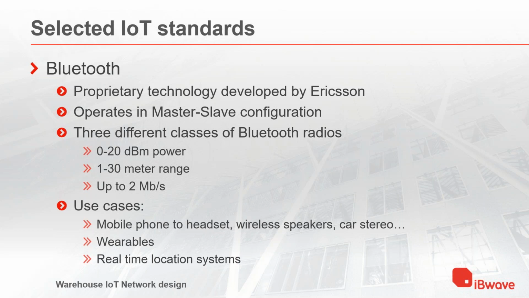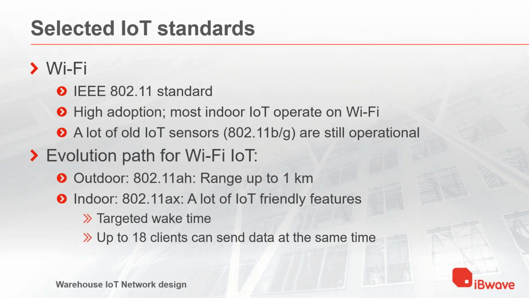And then we finally get to Wi-Fi. This is an IEEE 802.11 standard. It has a very high adoption. Most indoor IoT operates on Wi-Fi. And there are a lot of old IoT sensors, 802.11b/g, which are still operational. So what is next for Wi-Fi? There has been a standard that has been developed, and it is